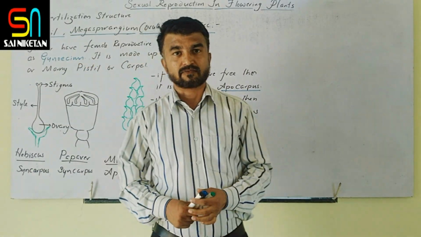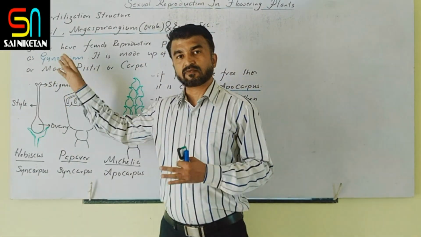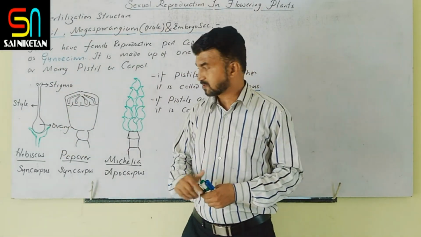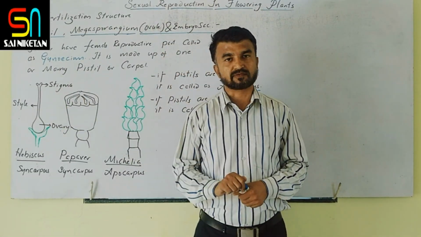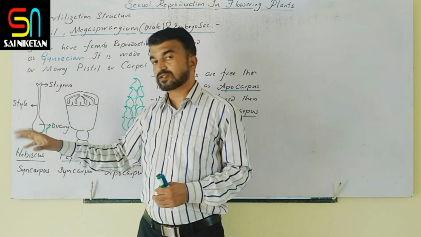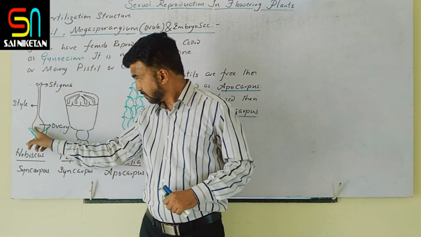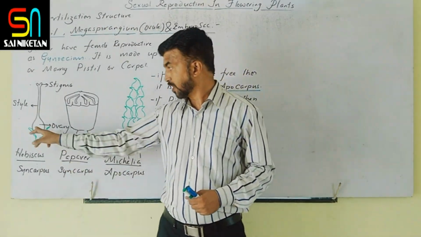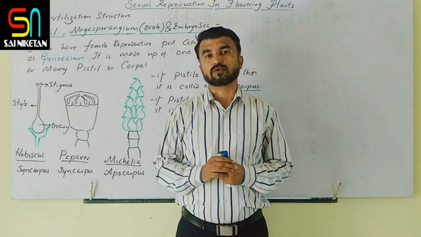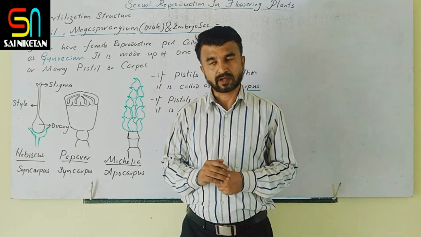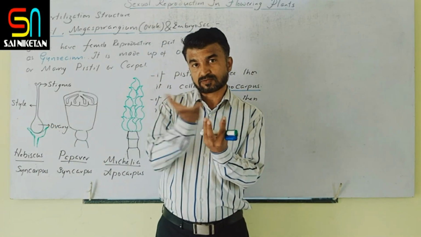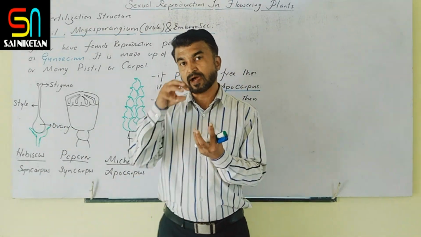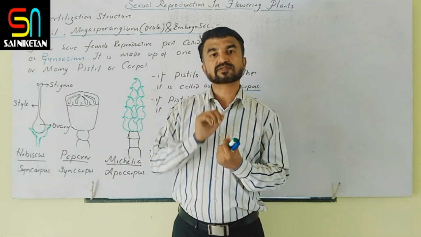Yes. So now in reproduction all these parts are involved. So now straight away we will cut the transverse section of this ovary. What is present in this ovary we are going to study. So here a chamber is present. Inside this ovary one cavity is present, that is called the ovarian cavity or the locule chamber. Clear? So suppose if you take the transverse section of the ovary of this hibiscus, you know, 5 chambers are seen due to presence of septa.